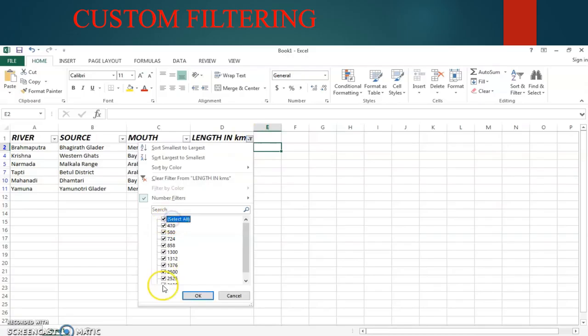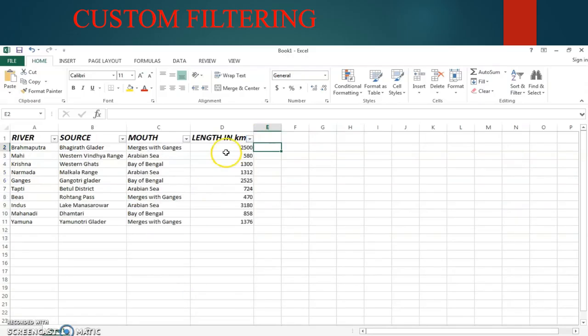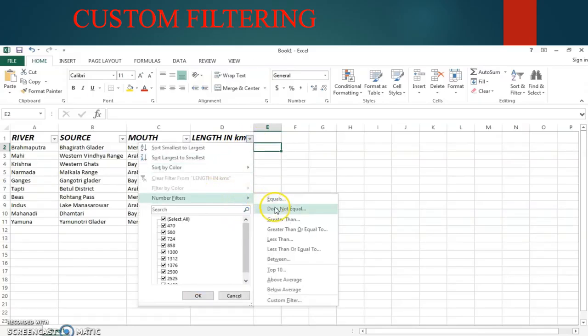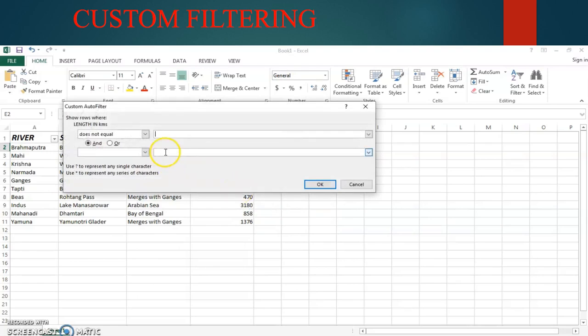Okay, if you want to get it back, again you have to select All, press it, and anything else you want to do, press Number Filters, Does Not Equal, or any other option. Any other option you can type in and click the enter option. This option is not available, Does Not Equal 800. I am just typing it and showing. You can choose Is Greater Than or Equal To, and type some number.